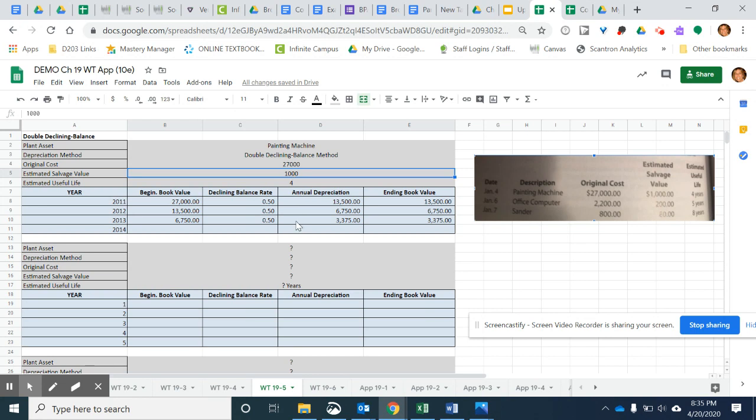Okay. So what we're going to do is, for the ending book value, we're going to put $1,000, because it's either going to be $1,000 or it's going to be 4 years. So this painting machine cannot be depreciated past 4 years. So we know that at the end of the 4th year of owning this machine, it's going to have $1,000